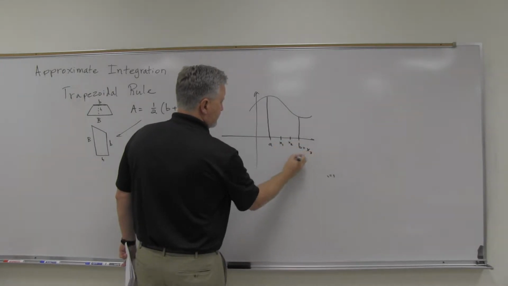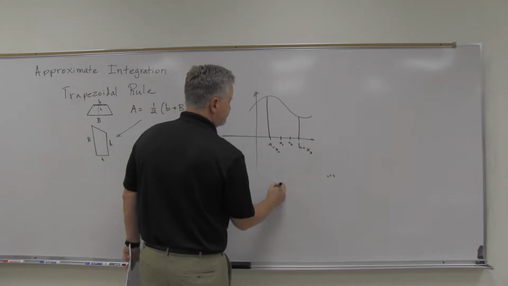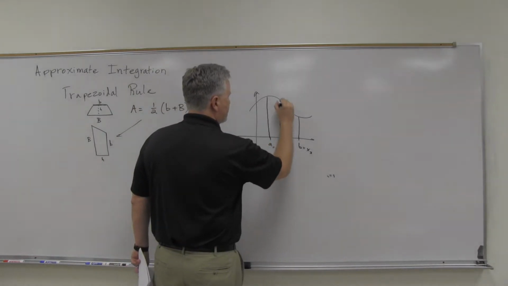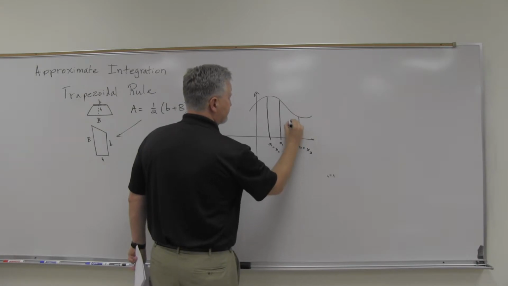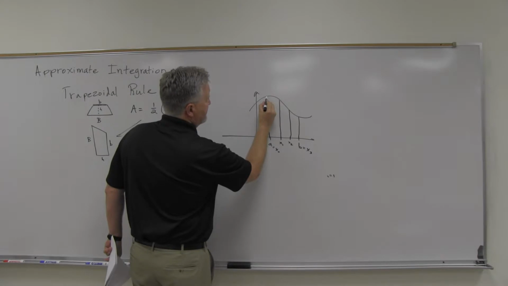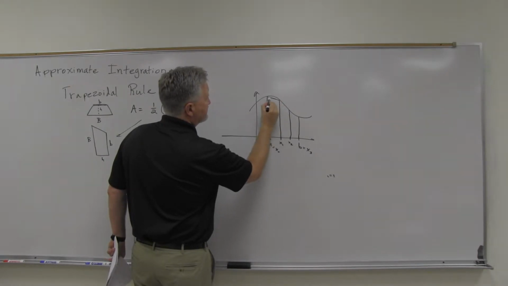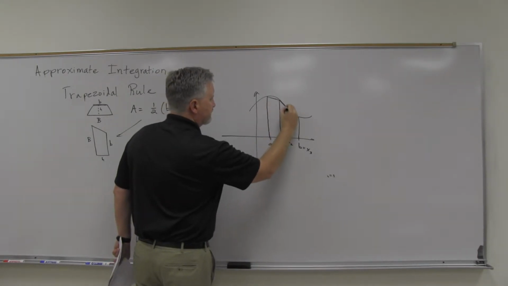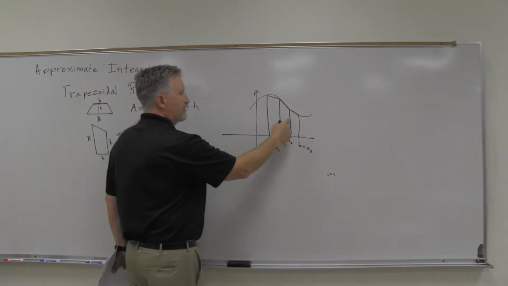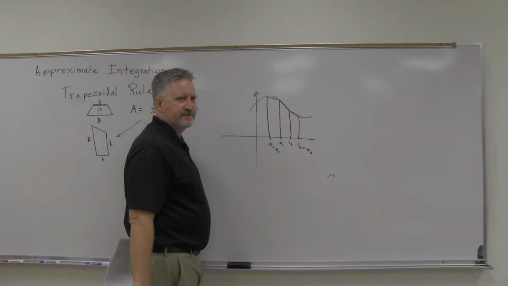This would be x3, and this would be x0. And then connect those up too. So here's where the trapezoids come in, because now we're going to connect just across there, connect there, and then